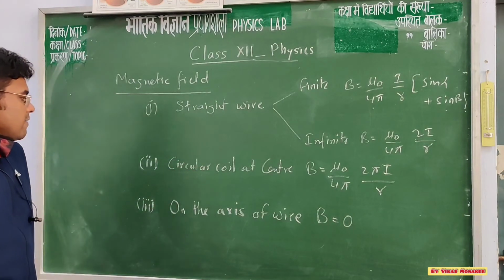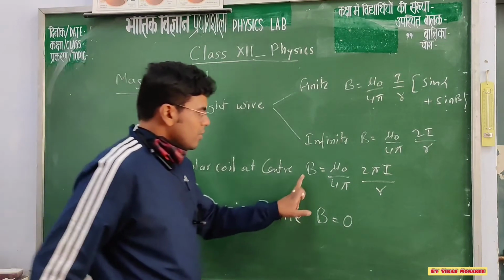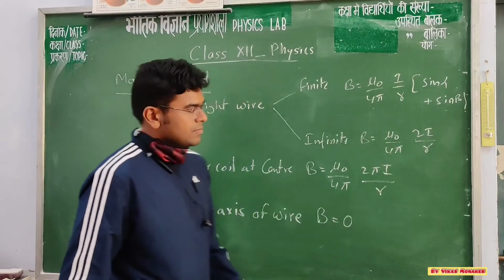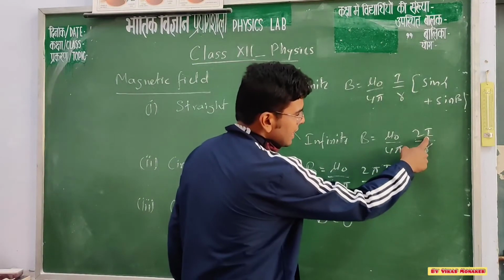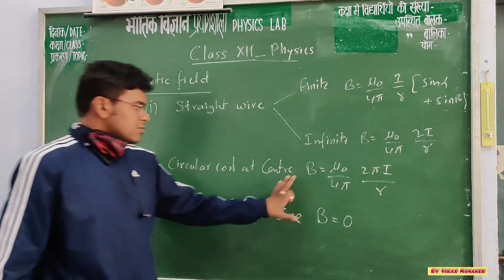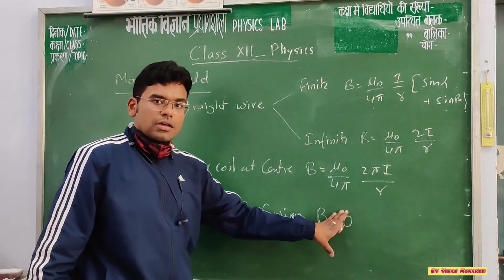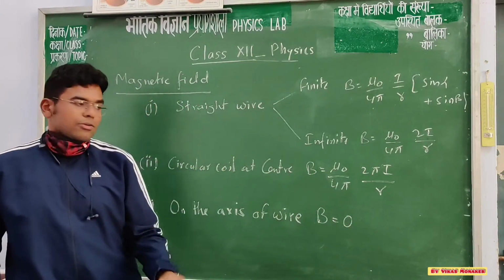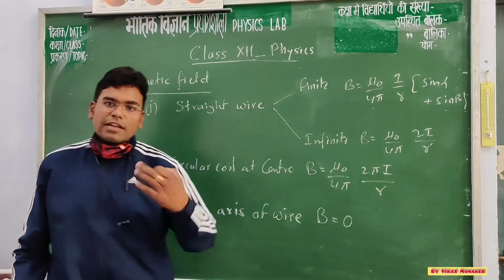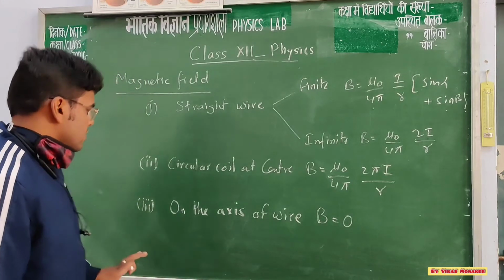Then if we calculate the magnetic field due to a current carrying circular coil at the center, the formula is B equal to mu naught upon 4 pi, 2 pi I upon r. Here it is 2I upon r for infinite length, and here it is 2 pi I upon r. Okay, so at the center, this is the formula mu naught upon 4 pi, 2 pi I upon r. On the axis, there is one more formula. You can derive this result from the formula which is there for an axis. In the later videos, I will explain about that.